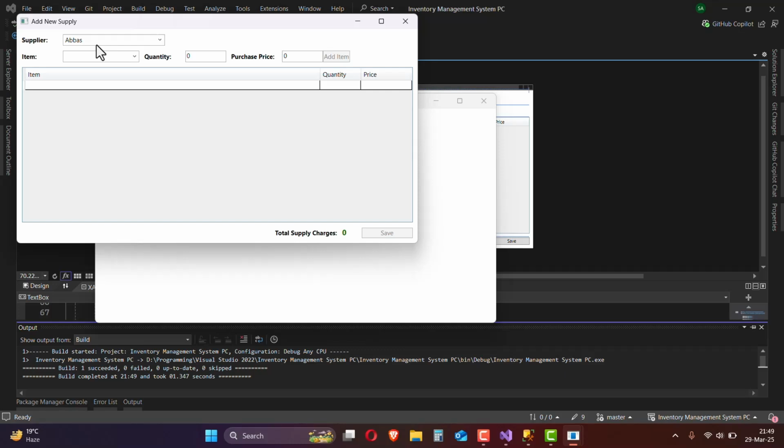Abbas, jacket, 20, 3, and we see the add button is enabled. I'm going to press tab again and enter. Okay, now you see it's working. Okay, now the problem is we do not have any measuring unit with the quantity. So how would we know what is 20 here? So we go back,